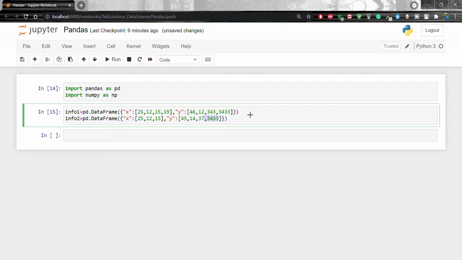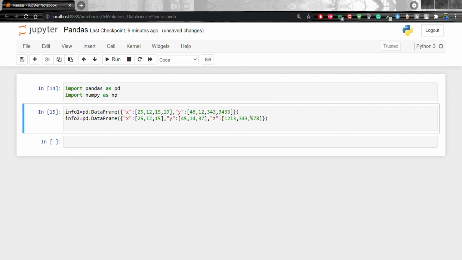Now I'm going to add a new one, that is z. The z column, adding a new list: 1, 2, 1, 3, 3, 4, 3, 6, 7, 8. So we are creating the two data frames, one is info1 and the second is info2.